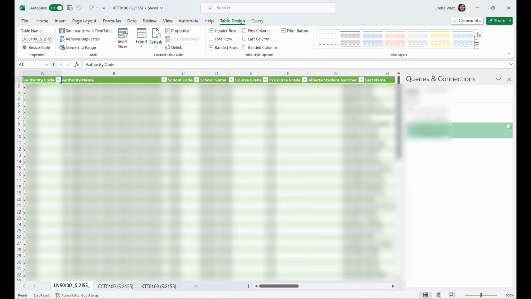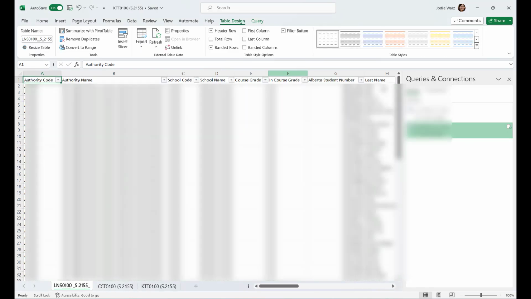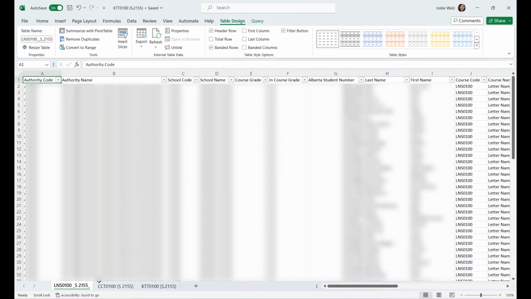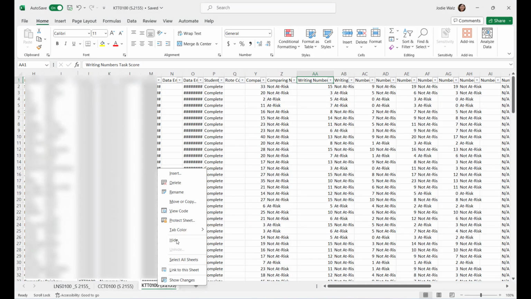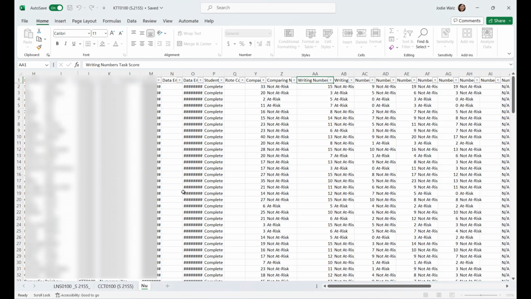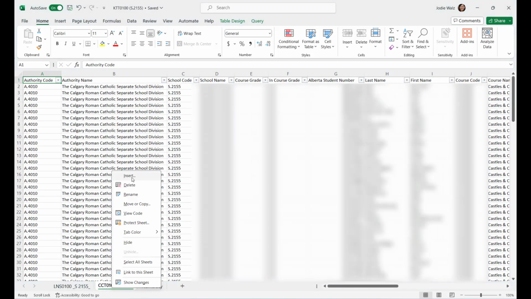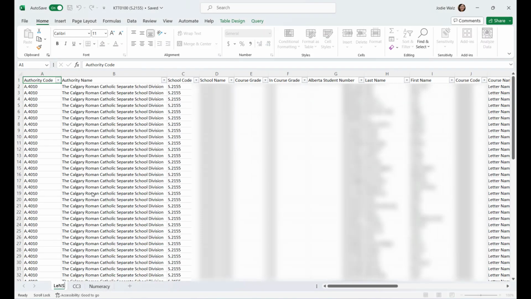And now, similar to the last one, all of my data is together. Now I can rename these if I choose, just so I know which ones. So now I can see all of my information is